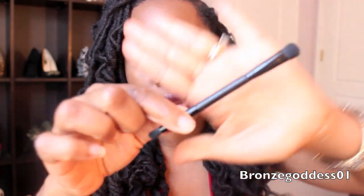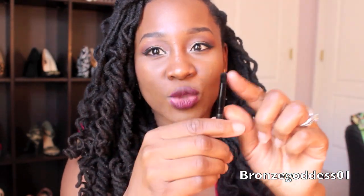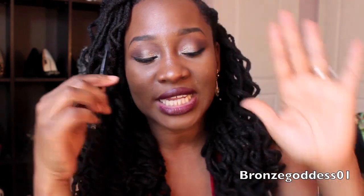I can't even front. Now, the kind of con, I guess, it's a pro or a con, it just depends on how you look at it. It comes with this brush right here, and this brush has a flat side for you to pat your eyeshadow on your lid, and then it also has a fluffy side for you to blend it in. Now, this is fine. This is definitely not the same as using the cotton tip applicator, so I do appreciate that they threw the brush in. It's not the best quality brush I've ever seen,